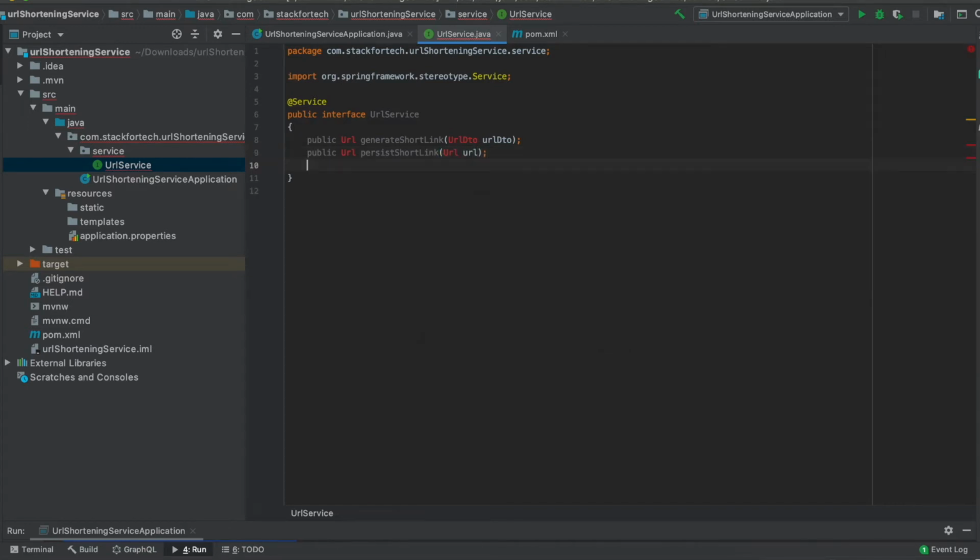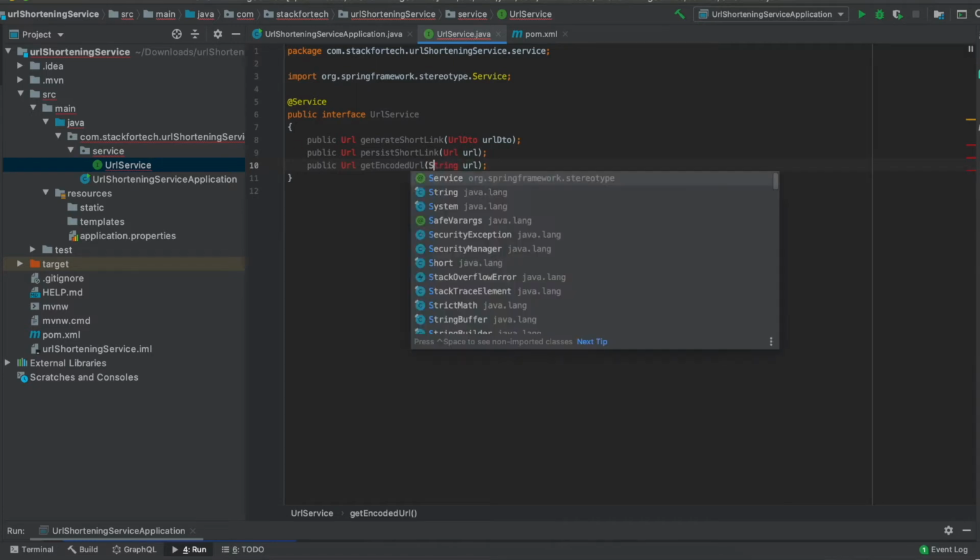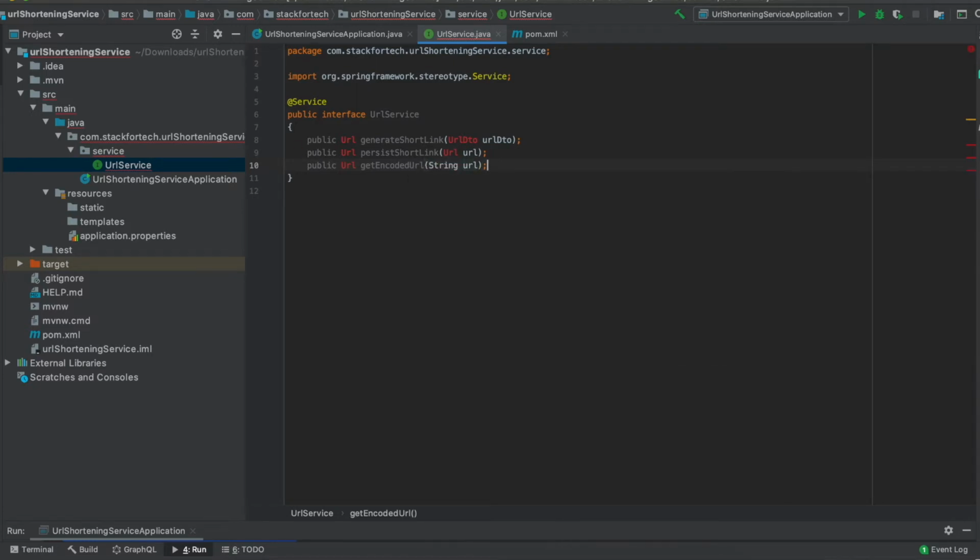Then the third method is URL getEncodedURL. This method would provide us an encoded URL, and the parameter would be a string URL. The last method is to delete the generated short link, so deleteShortLink, and this will take one URL object.